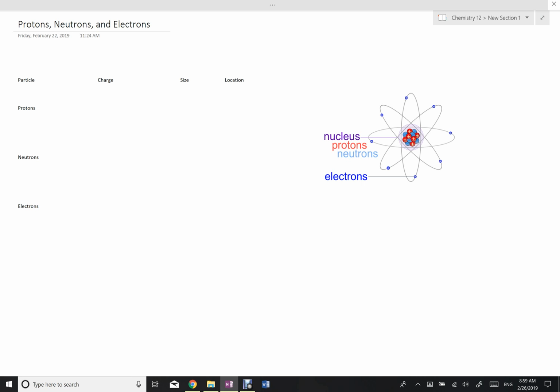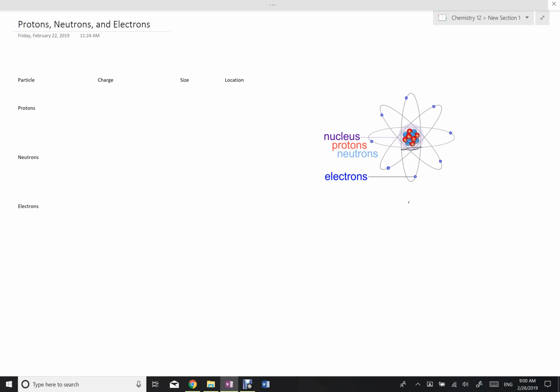This is the model, or similar to the model, that we want to think about at the grade 9 level. In the center we have the nucleus. That's this tiny part. This isn't drawn to scale. The nucleus is approximately 10,000 times smaller than the orbits of the electrons, which means this is way, way, way too big for this nucleus to be. But if we drew it as small as it should be, you wouldn't even be able to see it. It'd be like that. So in the end, remember that that nucleus is just a tiny, tiny, tiny little incredibly